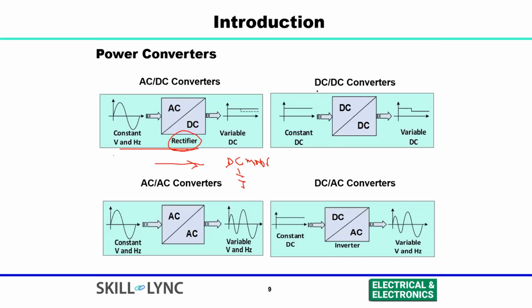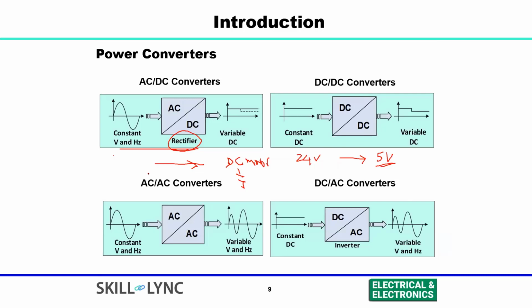And there are some applications where we need a DC to DC converter. We have some constant voltage, and we need some kind of variable DC. Suppose we require a DC for the battery or any other kinds of loads which require a variable DC. We can also use it, for example, when you have 24 volts and you need to convert to a 5 volt system. In that case also we can use a step down DC to DC converter and generate 5 volts.